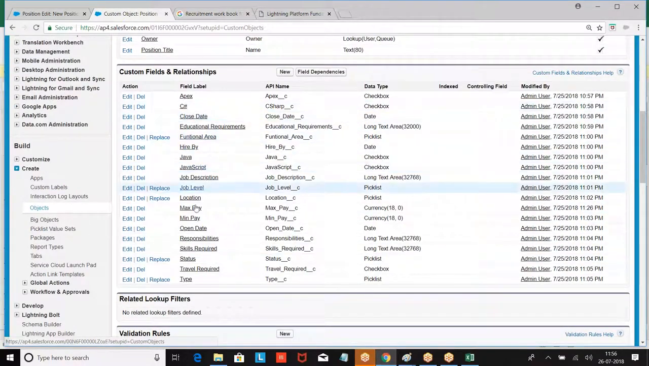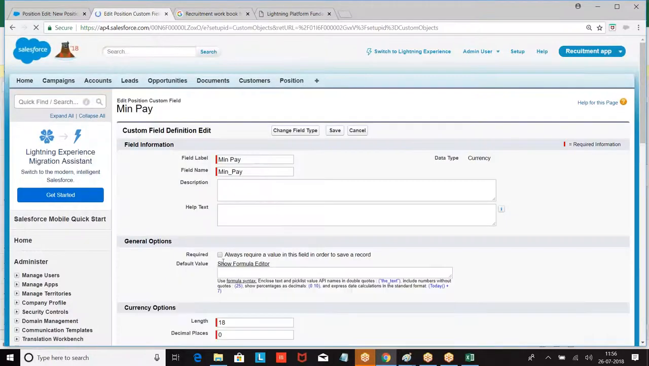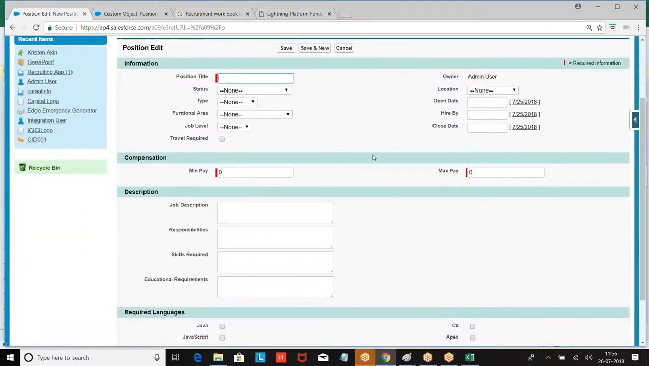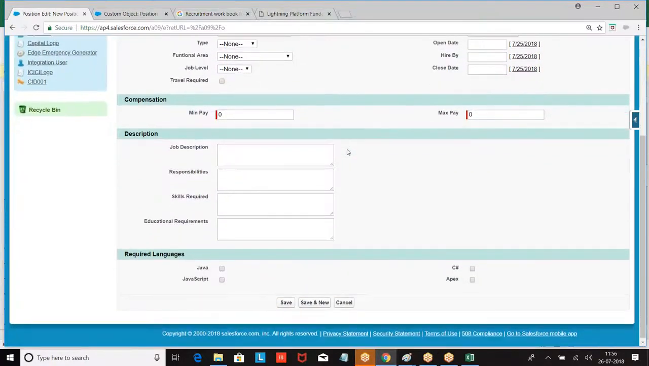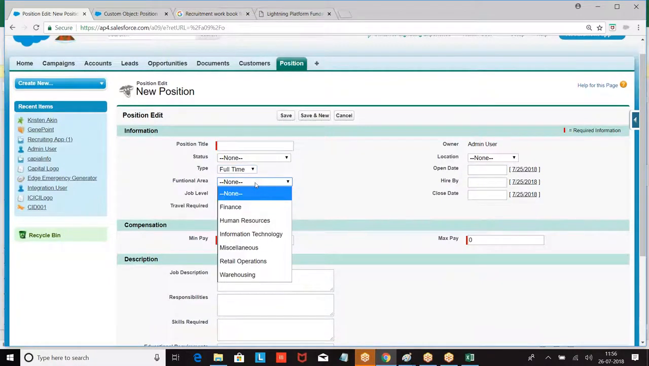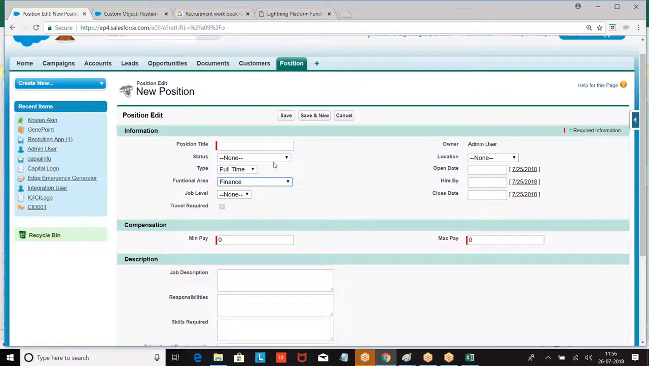Max pay. Right. So finally, this is the structure that we received. If I say finance, we will be getting a,